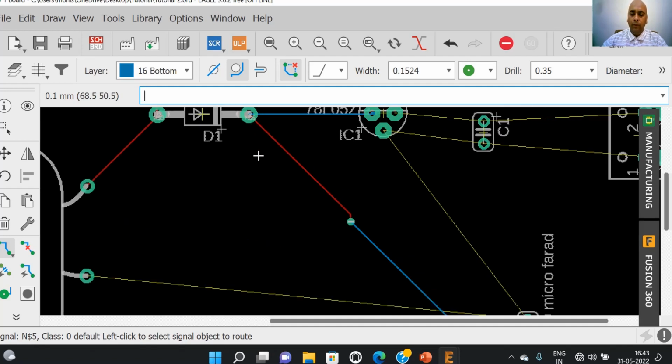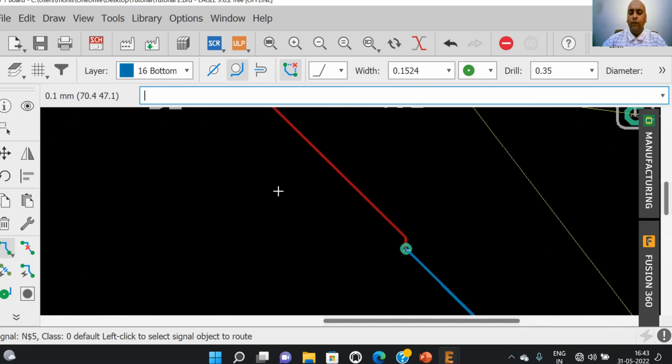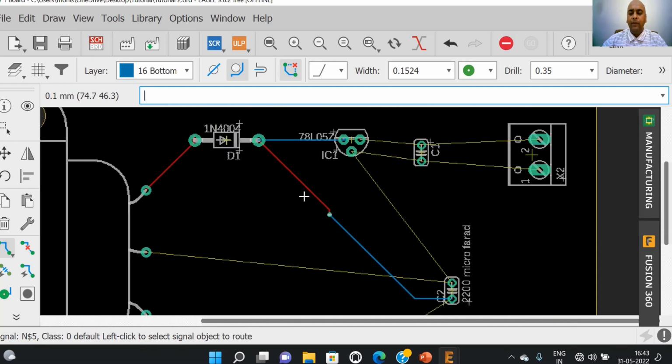The advantage of via is that the signal will travel from the component up to the via by the upper layer. Then at the point of via, the signal will transfer from upper layer to the lower layer.